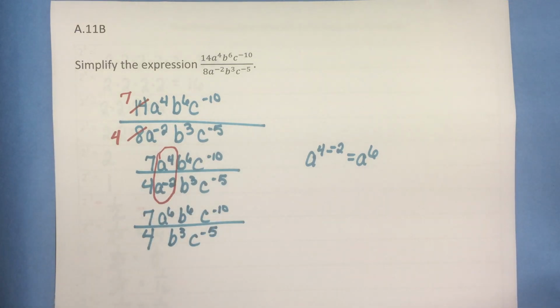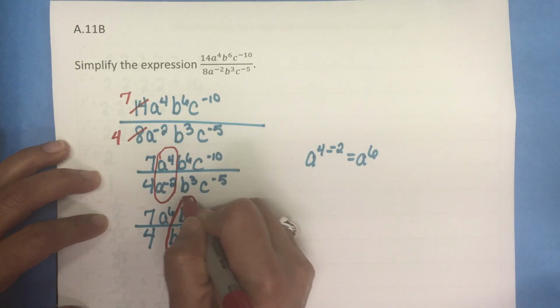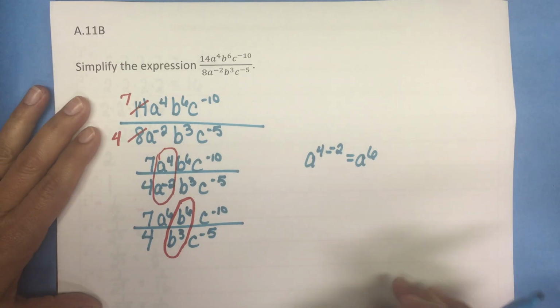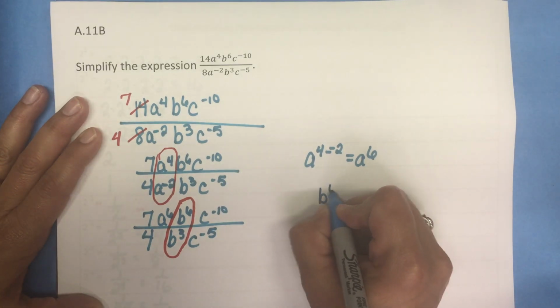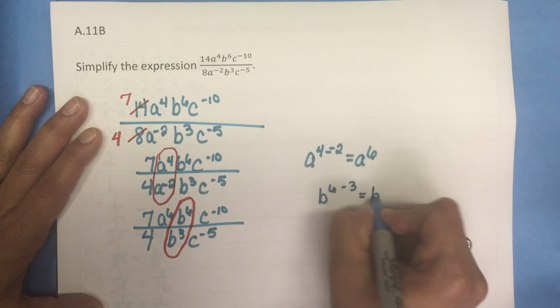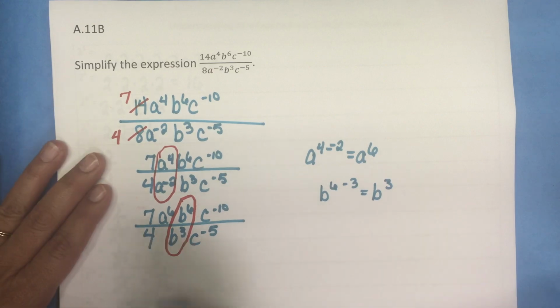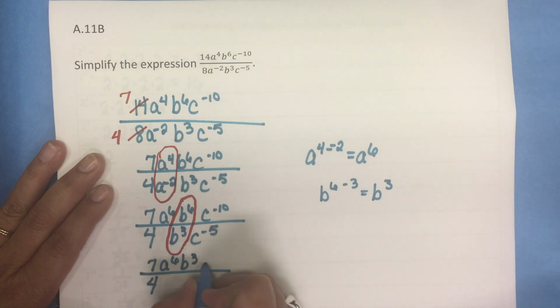Again, I'm going to apply the quotient of powers rule for the laws of exponents. And right here we're dividing bases, same base. So that means we subtract the exponents, and that's going to give us b to the 3rd. So we're going to have 7, a to the 6, b to the 3rd, c to the negative 10 over 4 times c to the